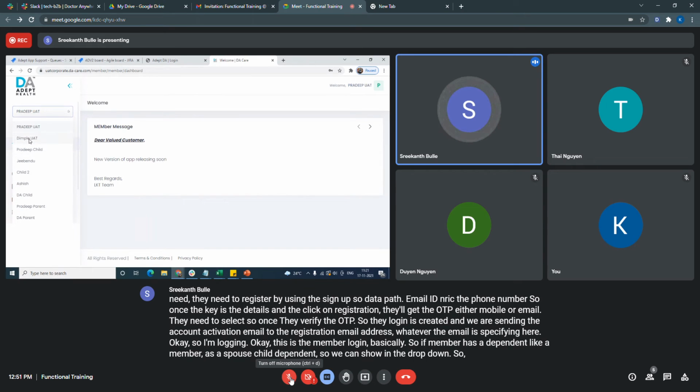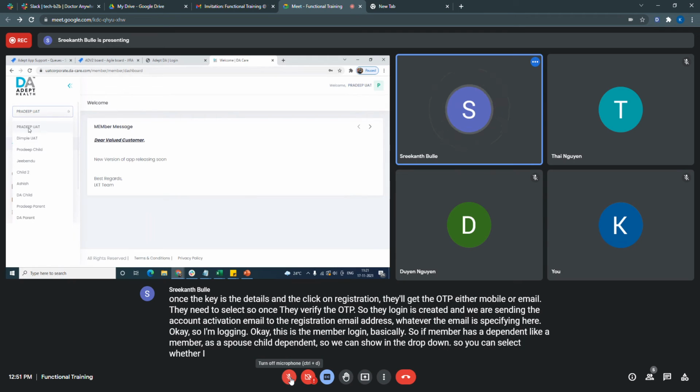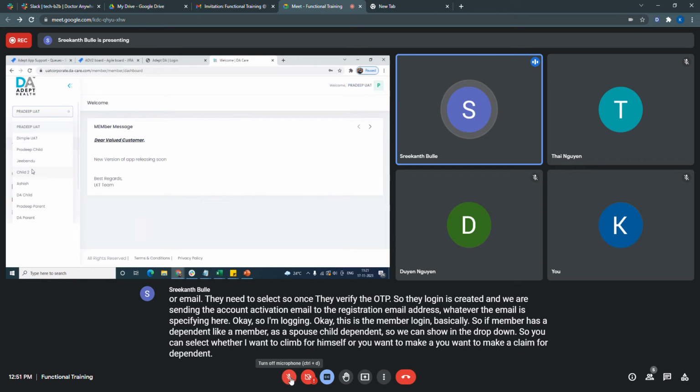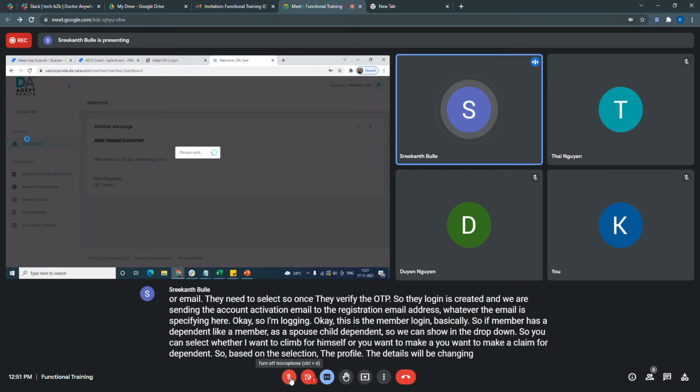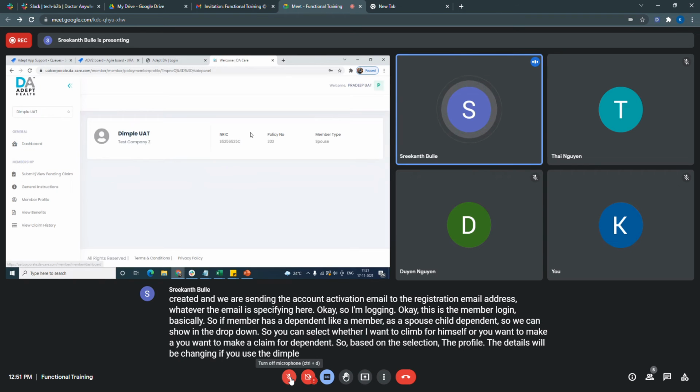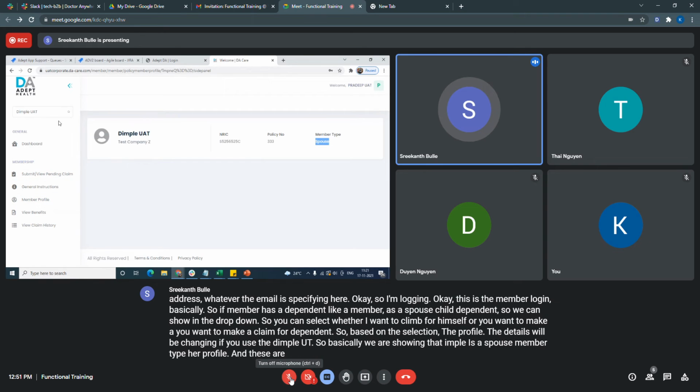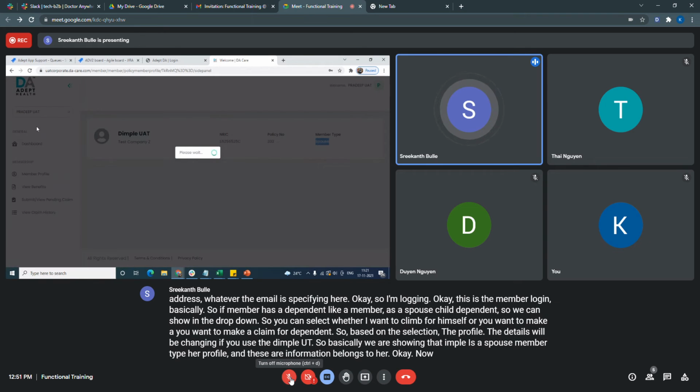You can select whether you want to claim for yourself or for a dependent, and based on the selection, the profile details will change. Here we are showing the Dimple UAT, which is a spouse member type, and this information belongs to her. Now this is the insured member.